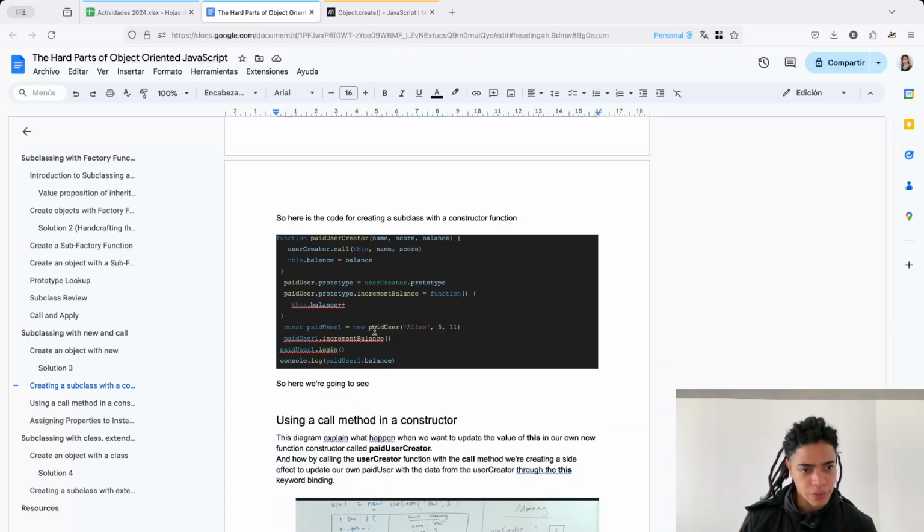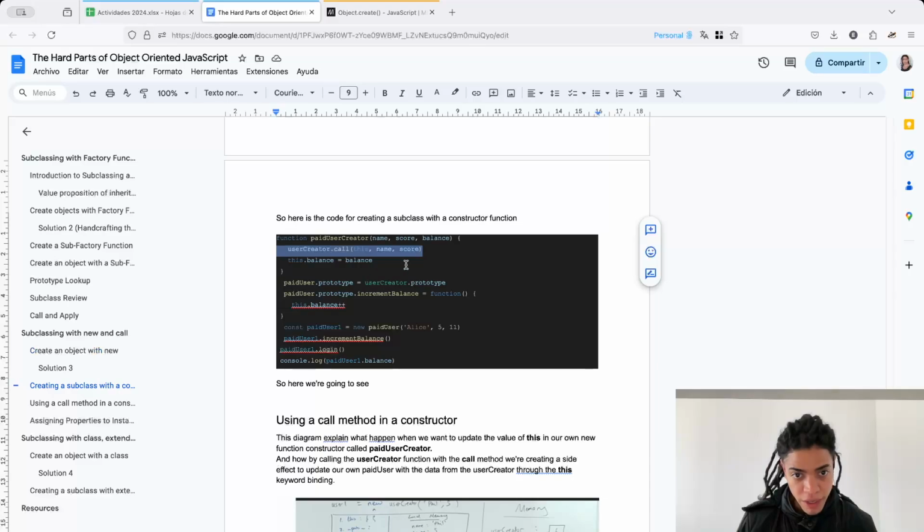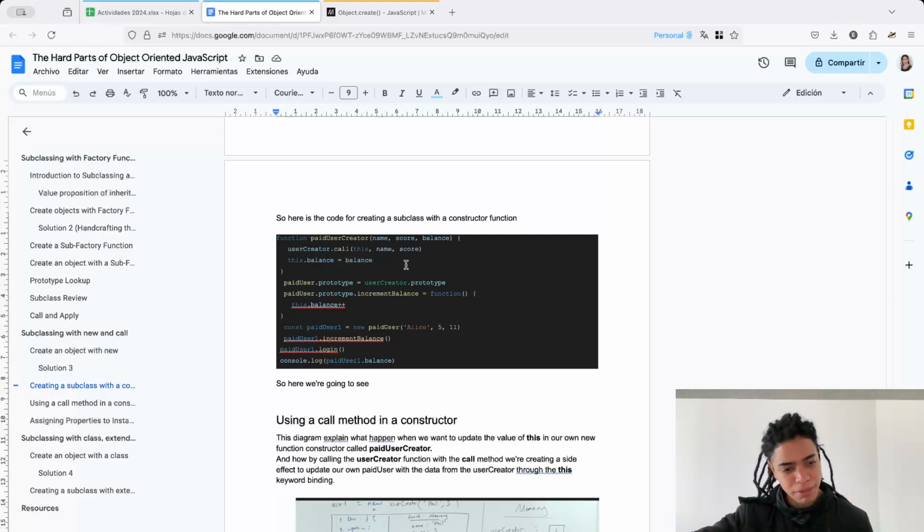Okay, this is the code here. Exactly. Subclassing with the new in class keyword. As you can see, this is the way how now we are actually creating a subclass. So this particular approach feels like a hack. I mean, it's not a hack, it's part of the design, but again, it feels,